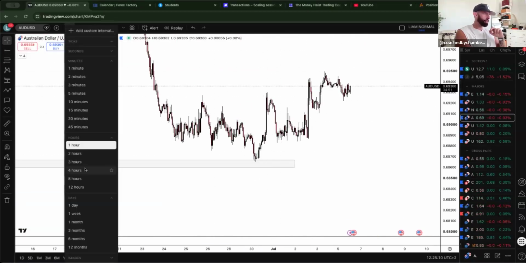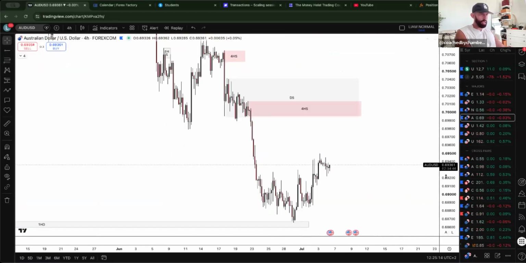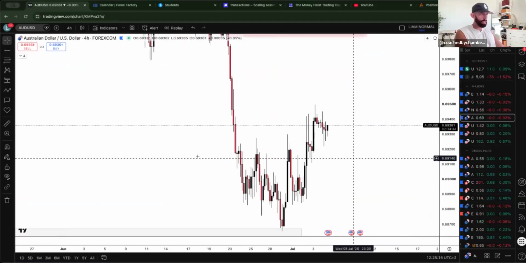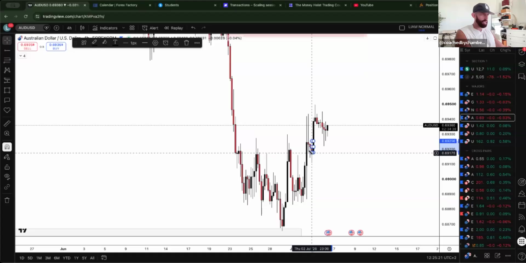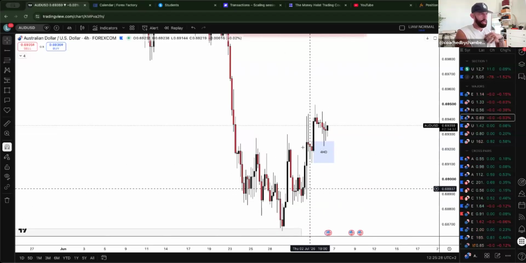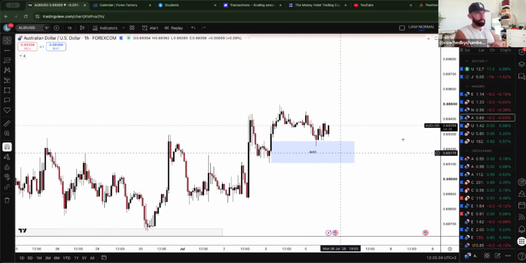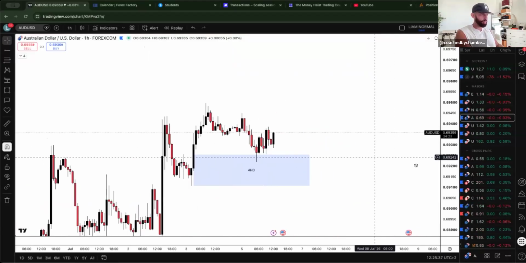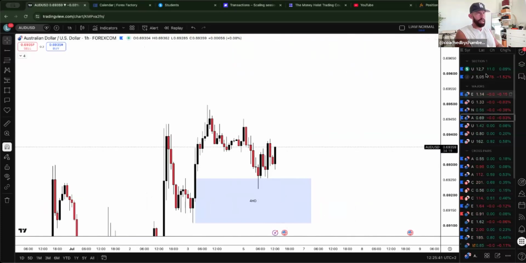Beautiful. But yeah, looking at the 4 hour, the one thing I can notice and the one thing I like the look of realistically is the fact that we're reacting from this 4 hour demand area here. This 4 hour demand area has been beautiful. You can see the internal is bullish imbalance, 4 hour demand, markets come back into there. So now I would be personally trying to see if you can participate in any longs in here.